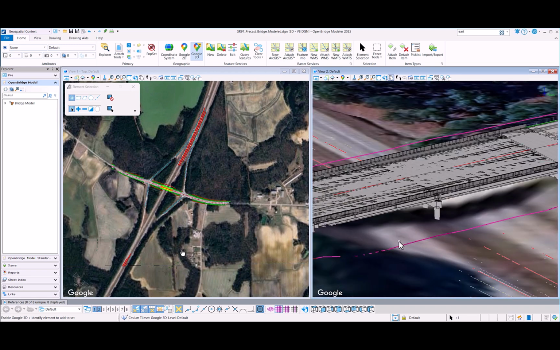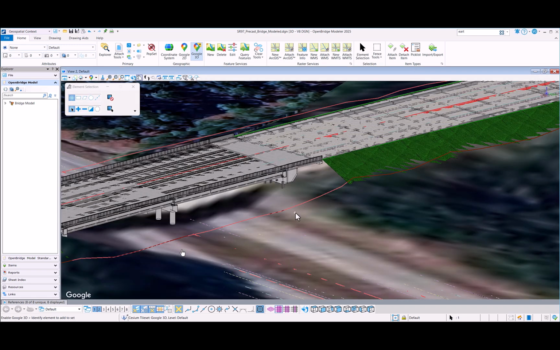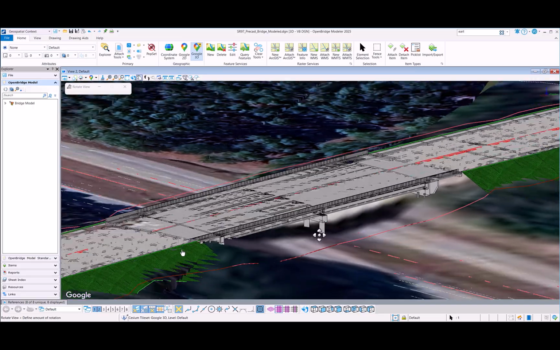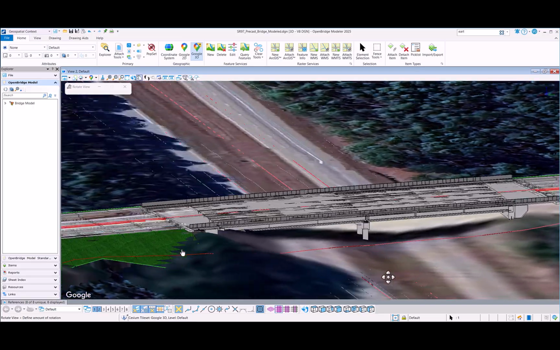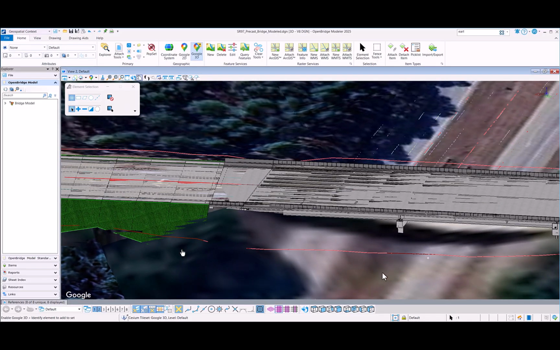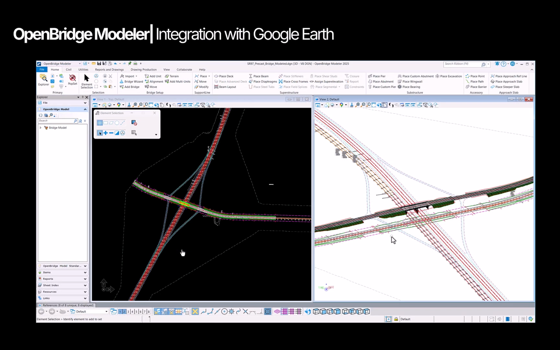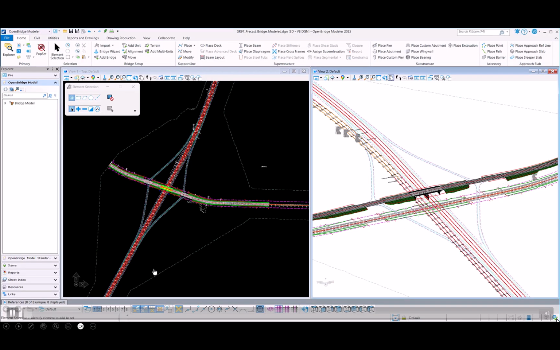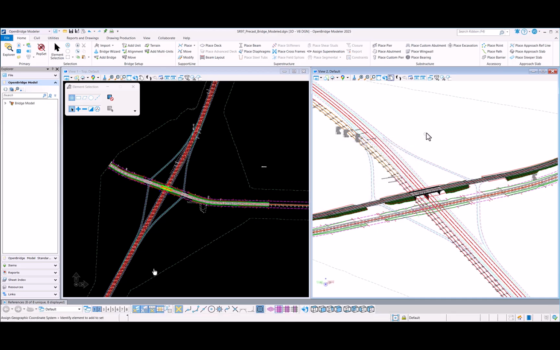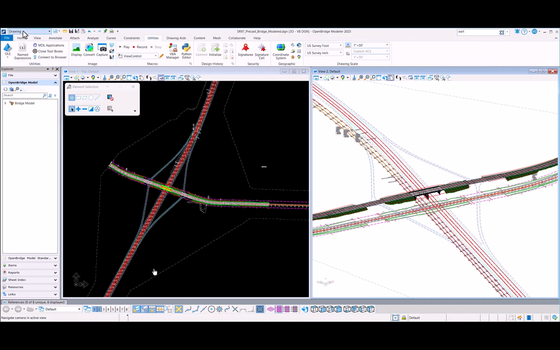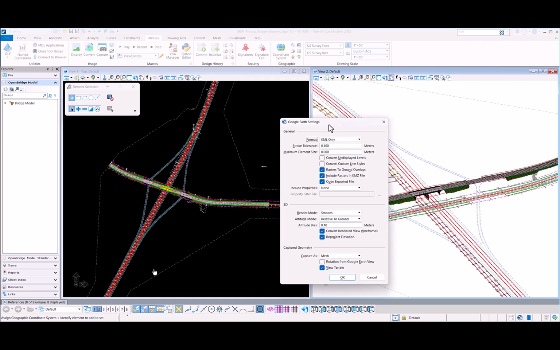So that is the integration with Google directly from the Bentley Open applications. Not only that, we can also integrate not only with Google, but with Google Earth. Again, the same using the coordinate systems. We can also coordinate with Google Earth, place our file